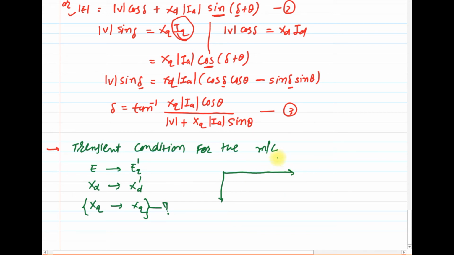Earlier we have drawn the phasor diagram for the steady state operating condition. In the same way, we need to draw the phasor diagram for the transient condition. So here it is V, IA, IQ, ID,